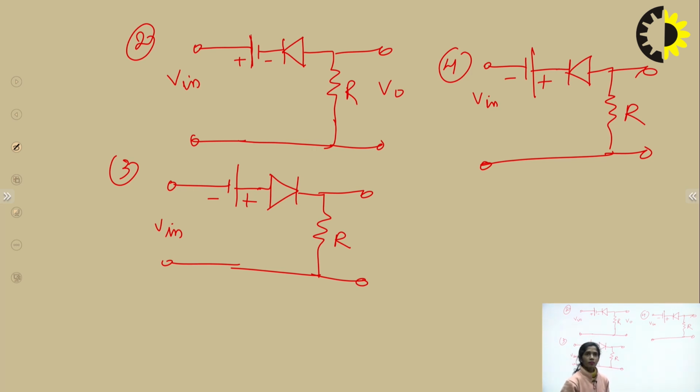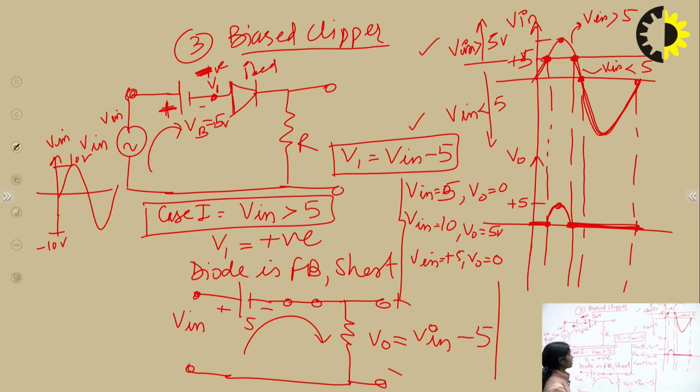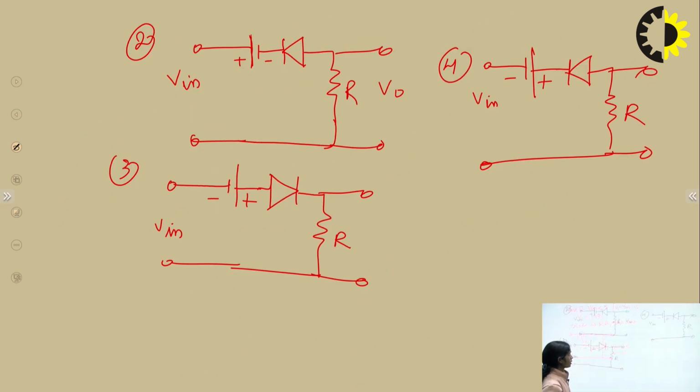So this will help you understand how the circuits are solved for the series configuration of the diode. So accordingly, as we have seen the procedure for the bias clipper circuit, in this circuit arrangement you can solve all these three types of circuits accordingly.